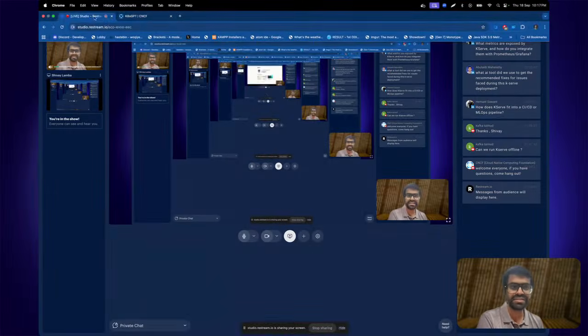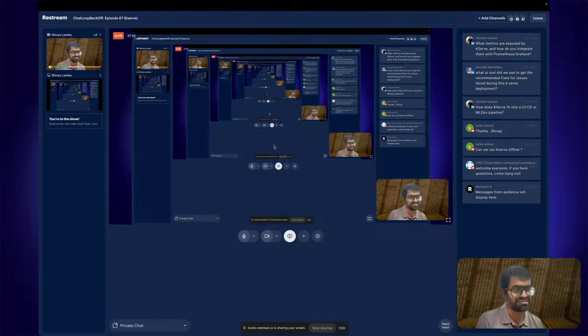The way K8sGPT works is that it deploys an agent that understands your entire cluster. It will look at all the resources, namespaces, and the services that are deployed. If you're finding it a bit hard to debug your cluster, it will take a look at the entire architecture and all of the things that are actively running in your cluster, and it will be able to suggest fixes that you can make. And the great thing is that you can use K8sGPT with any type of Kubernetes cluster, and you can run it and deploy it with your use case.